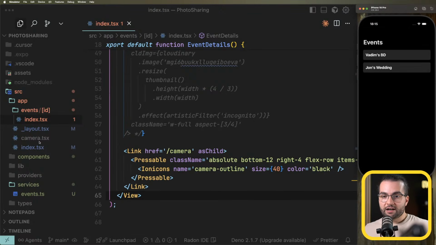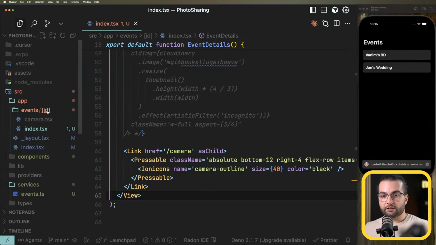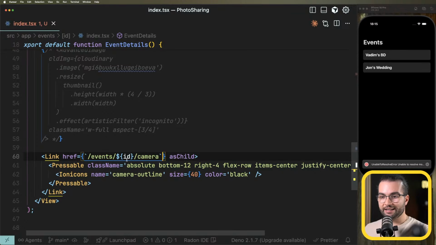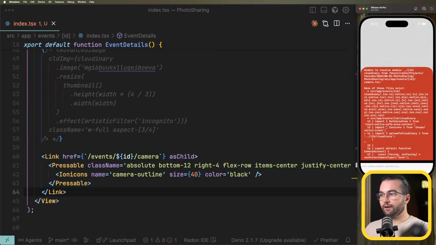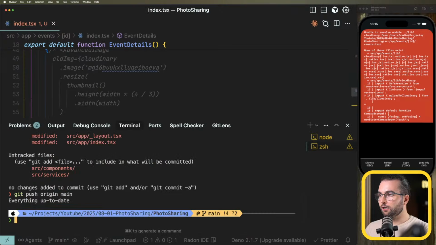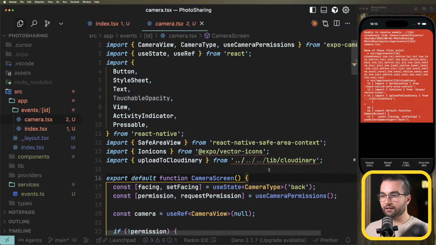But the cool thing is that now we can move the camera screen inside the ID folder, which means that when I'm going to go to the camera, I'm going to go to events/ID/camera, basically the camera of that event. So if now I reload, most probably in the camera, I have here I imported this lib